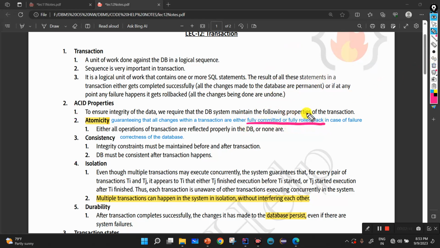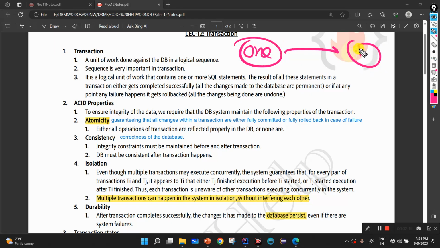This is very important. Let's suppose one person sends money to a second person, but the amount is withdrawn from here and not received over there. This is a problem. For example, if he has 100 rupees and sends 50 rupees to the other person who has 100 rupees, it should now be 150, but if it's not updated, then there is a problem. So atomicity says the transaction should be committed completely or should be rolled back. Got the point?